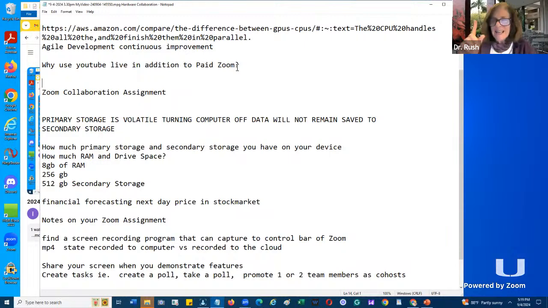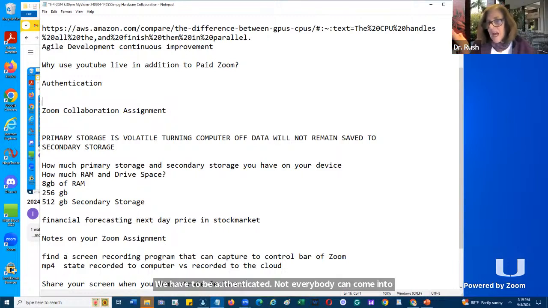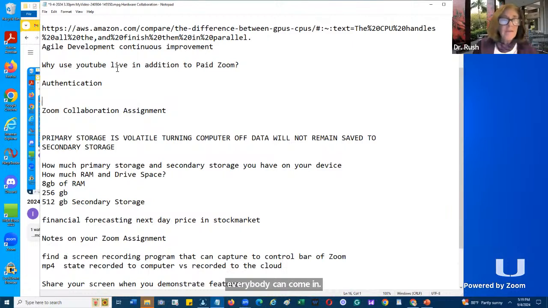But the idea is authentication. When I'm in Zoom, we have to be authenticated. Not everybody can come into our session. Is that correct, Alex Chase, right? Alex, not everybody can come in. When I do YouTube Live, if I make it public,